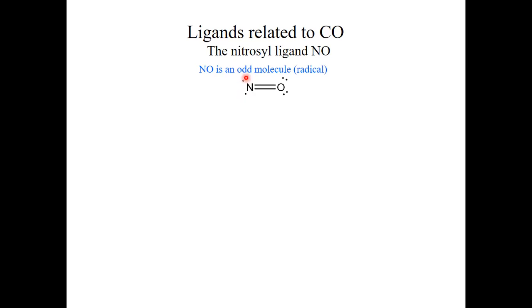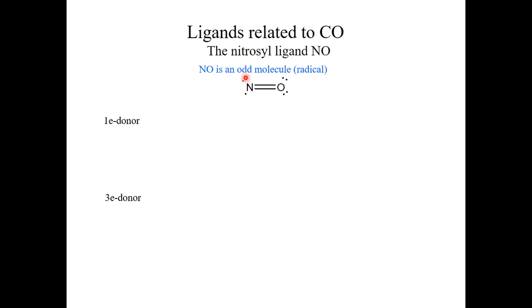But now it has 3 electrons available here at the nitrogen instead of just 2. So now it can do 2 things. It can either act as a 1 electron donor, in which it only uses this radical electron here, or it can be a 3 electron donor. Then it uses all 3 electrons. It can actually not be a 2 electron donor. That is because the radical electron is always more reactive than the other 2 electrons. So the first electron here will always be used first, and then optionally the other 2 can be used depending